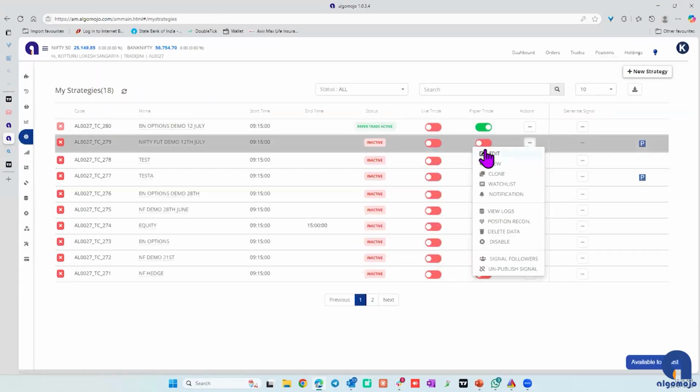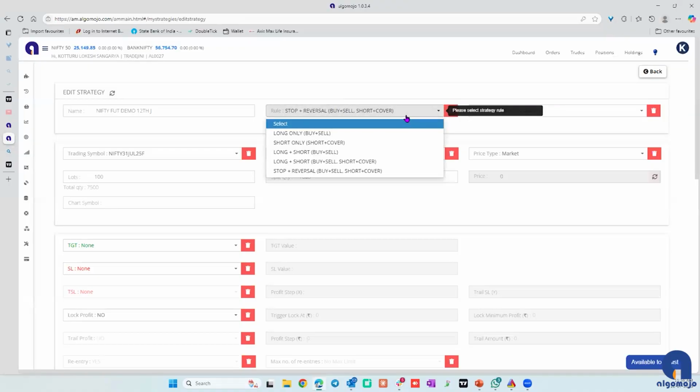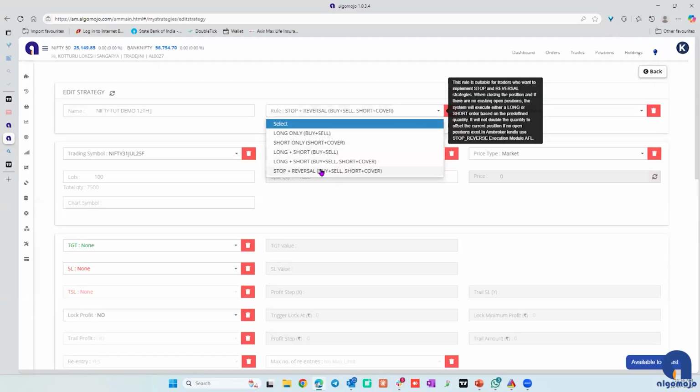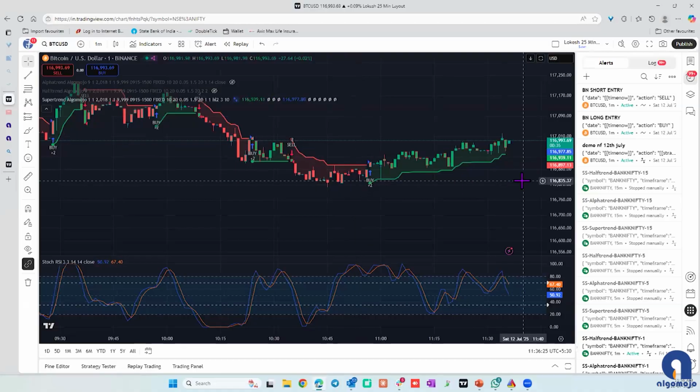In the strategy section, we have these 5 rules. So first, Supertrend kind of strategies. It can be anything. It can be UT Bot. It can be Half Trend. Anything. Or you have your custom-made software, but it is always in trade, like Supertrend. Then the rule applicable will be stop and reverse. So what it will do is, when there's a long, it will take a long and it will reverse when the short comes. So that's why we call it stop the current trade and take the reverse trade,